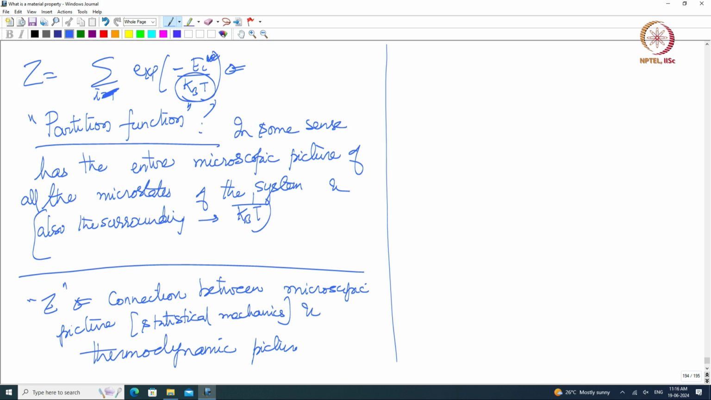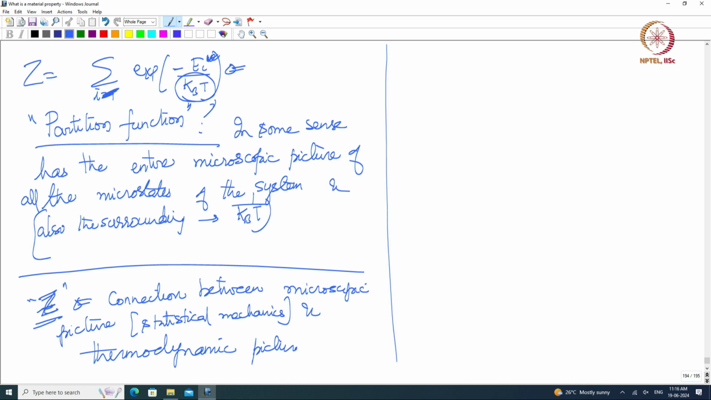Right, where I look at thermodynamic potentials, where I look at the properties as double derivatives of potentials and so on and so forth. It turns out that Z, the partition function, is very crucial. Okay. So, now